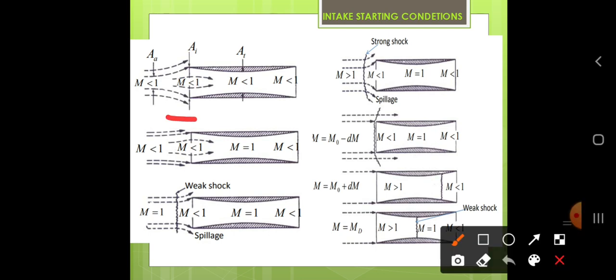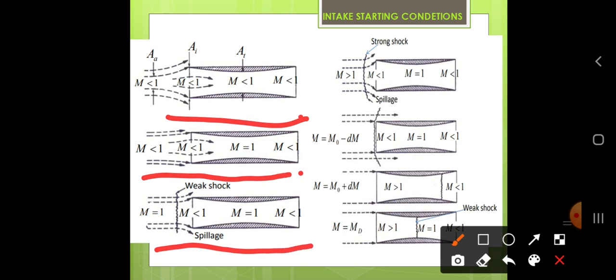So here initially we'll be having the vehicle in subsonic conditions in the first case. As we move on, the velocity will increase and there will be formation of shock waves when it reaches a Mach number of 1. As you increase the Mach number or speed such that the inlet velocity is greater than 1, at those conditions we'll have a formation of strong shock waves at the frontal portion. As you increase the speed, the shock wave will get penetrated inside the geometry.